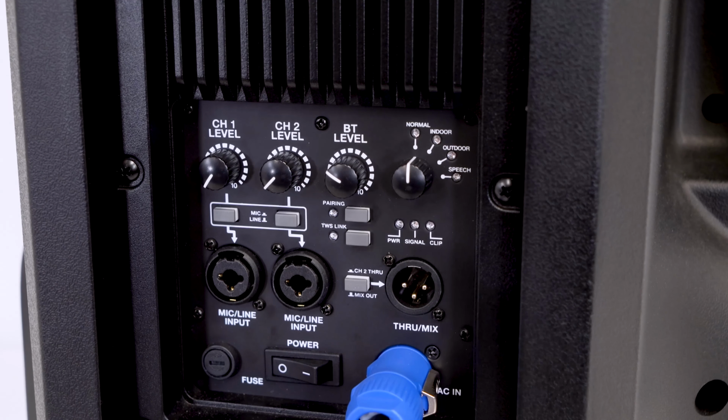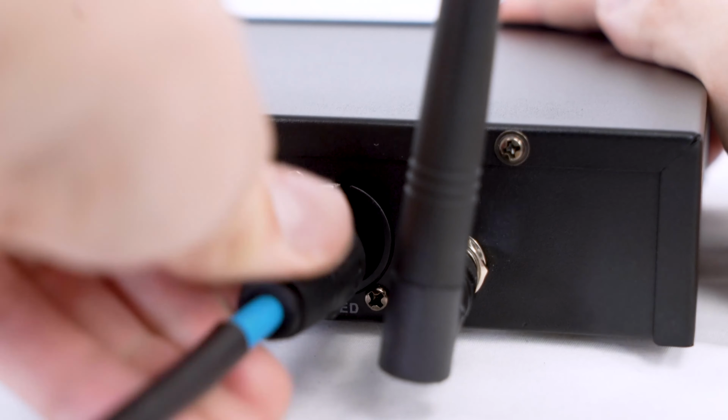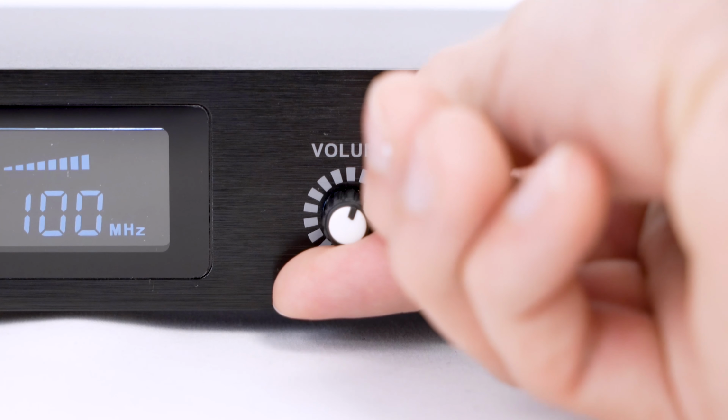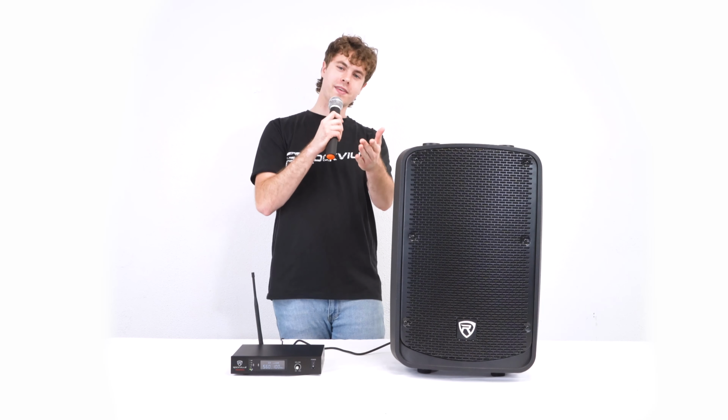You could also use the balance XLR output on the back to connect to your speaker as long as it has an XLR input. So now I can go ahead and turn on my receiver, and then I'll turn on my speaker. I'm gonna raise the volume knob here on the front of my receiver. Then I'll raise the channel volume on the back of my speaker. So now if I go ahead and turn on my microphone, you should be able to hear my voice coming